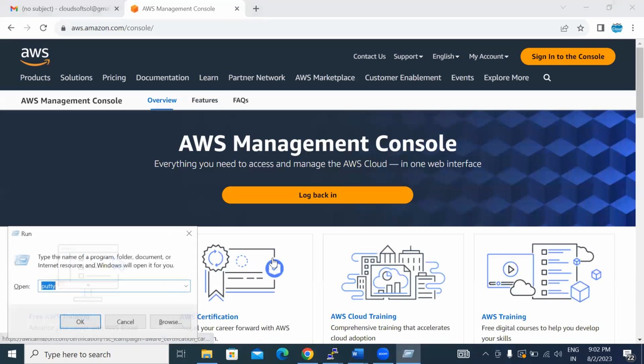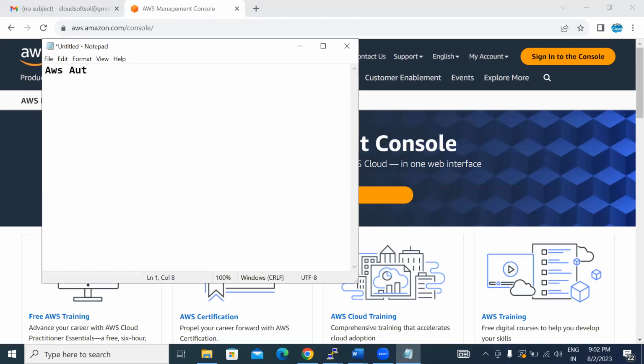Okay, so today we'll discuss AWS Auto Scaling. Here in auto scaling, we have two types: one is vertical scaling, and the second one is horizontal scaling. So what is the difference between vertical scaling and horizontal scaling? With vertical scaling, it is the same instance,